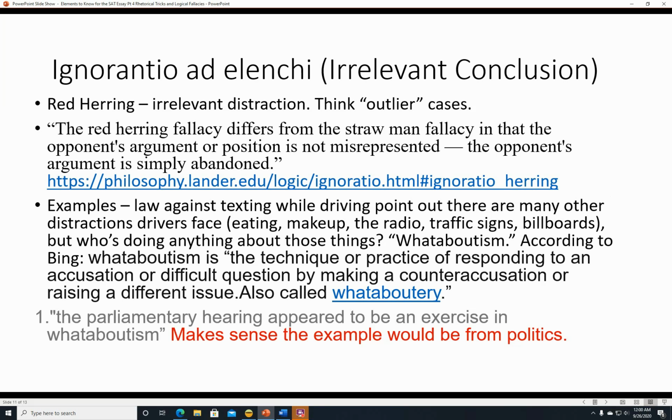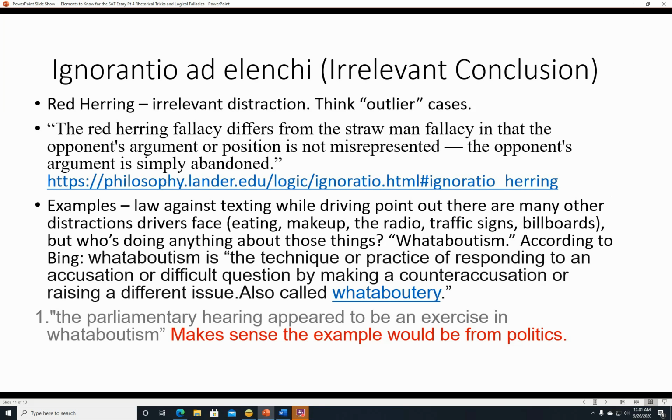So again, it's an irrelevant conclusion. The fact that there are other bad things doesn't mean that the thing I've criticized is not bad. That's basically what we're talking about here. Or, you can think of crazy, irrelevant outlier cases, like, well, seatbelts are bad because there was one